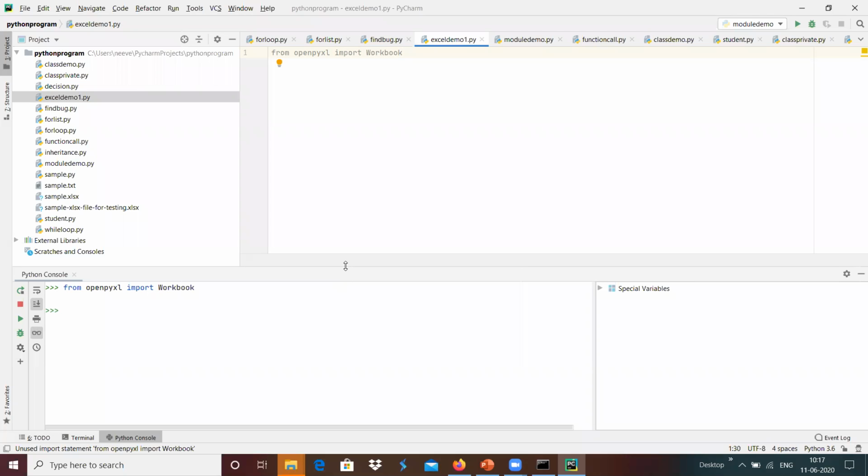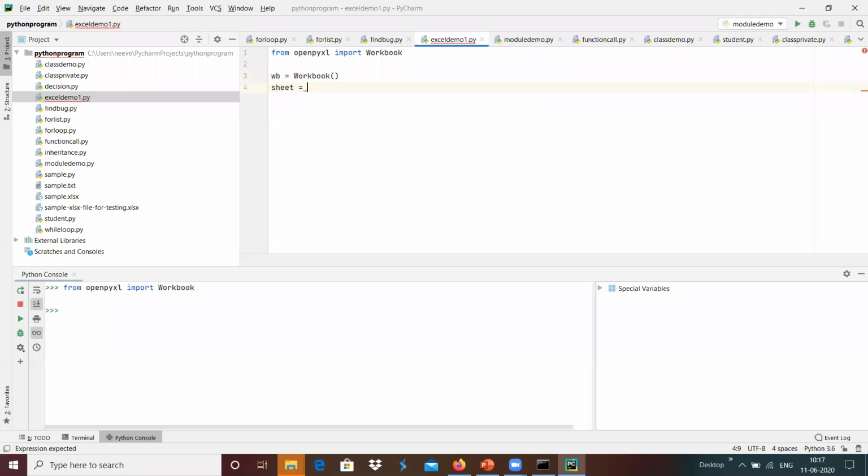And once we got it installed, we can use that Workbook to create something like wb equals Workbook(), which calls the constructor for this Workbook class.